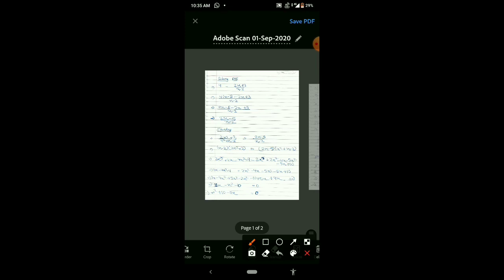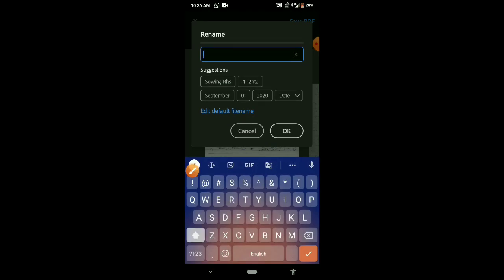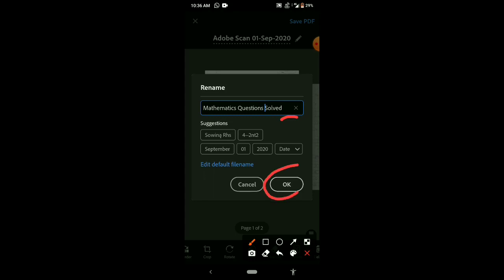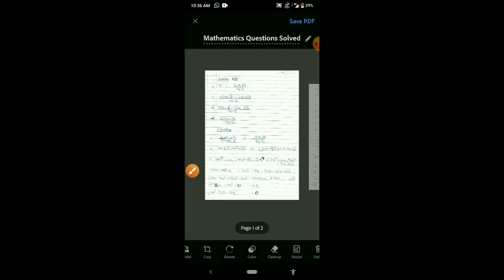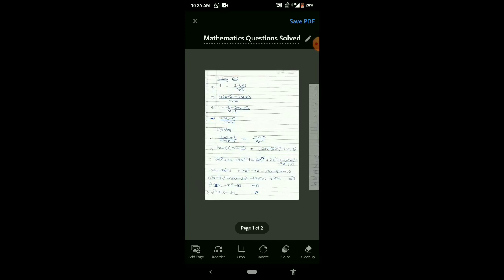You can rename the document from there where it is written Adobe Scan 1 September 2020, like I am putting mathematics solved or questions solved. Click on OK. See your pages.